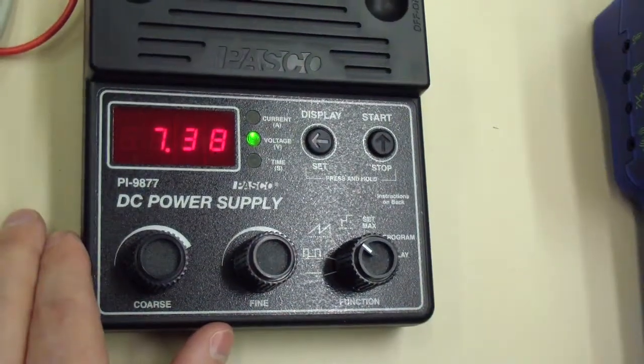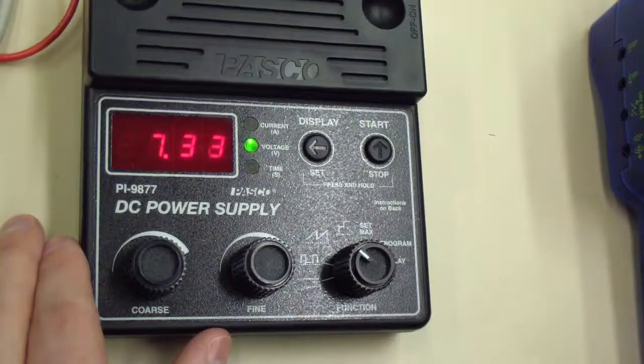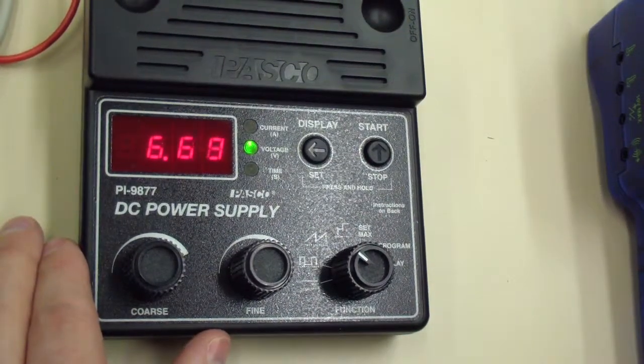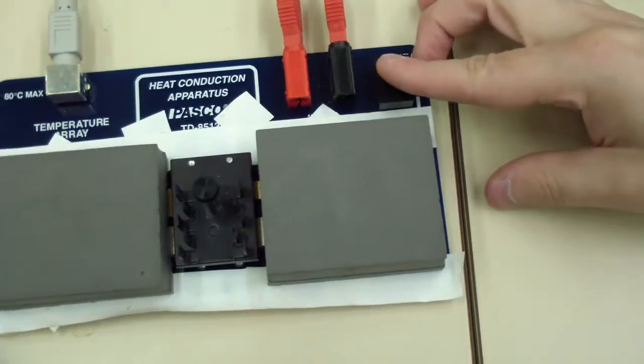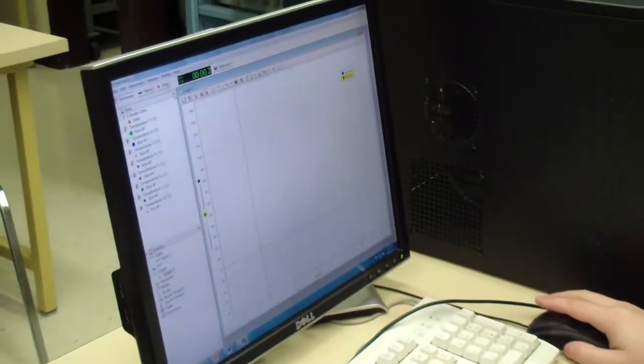Press start and ensure that the function generator slowly approaches 8 volts and slowly descends rather than starting again immediately from 0. Set the switch to cool and place the insulators on the bars. Press start on your power supply and also in Data Studio. Note that you will want your graph to contain traces for both thermistors in the wide brass bar, namely T1